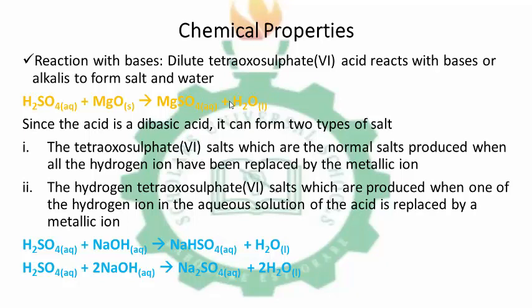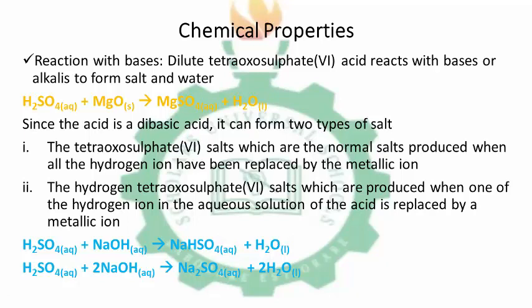Since the acid is dibasic, when it dissolves in water, it undergoes its first ionization. That means the first hydrogen is being ionized. Then the first hydrogen will react with the alkali to form what we call NaHSO4. Now, the first ion of H2SO4, please take note, the first hydrogen is the one that will first react with the OH from the alkali to form the first water molecule.